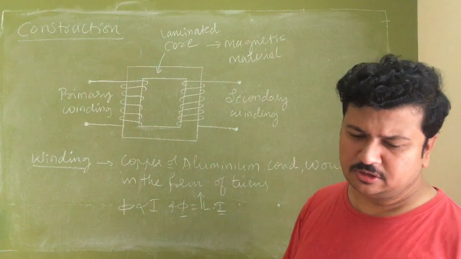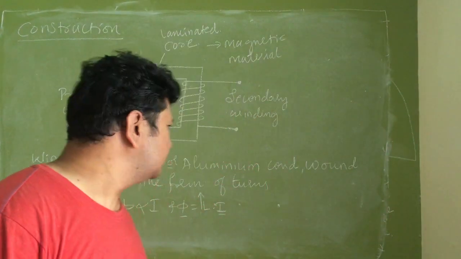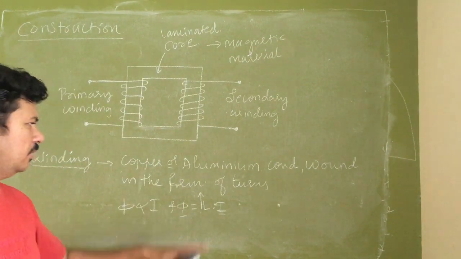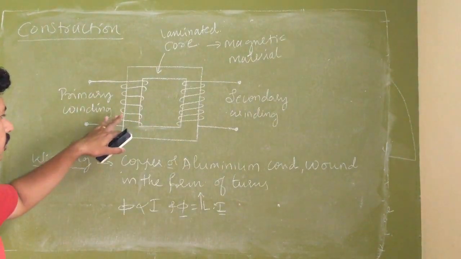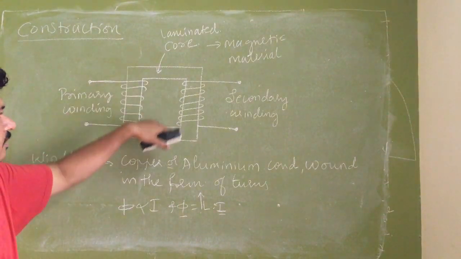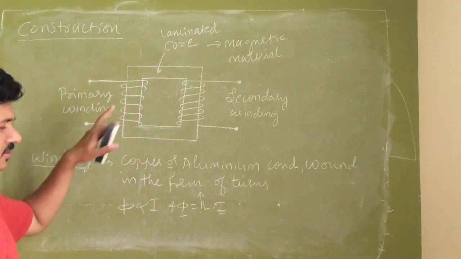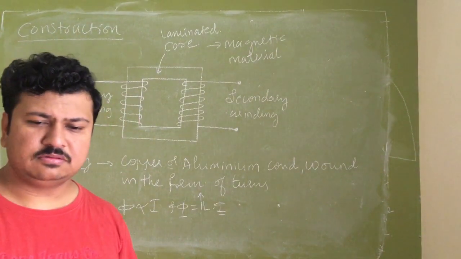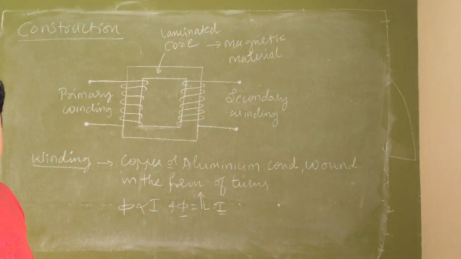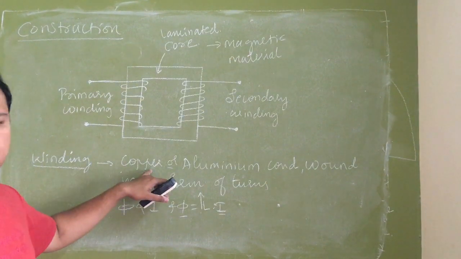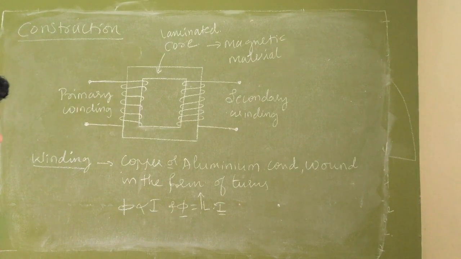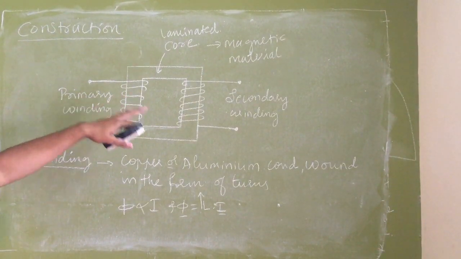Okay, that is one advantage with aluminum conductor. But the mechanical strength of aluminum conductor is not like copper. Copper has very good mechanical strength when compared to aluminum conductor. So when I have to keep the winding in the form of turns wound on the solid material, at the edges there is the danger of cutting the conductors. The conductors can get cut, physically damaged. In such cases, copper will give better mechanical strength. So in most cases we use copper as a conductor. Okay, so this is about winding, primary winding and secondary winding.